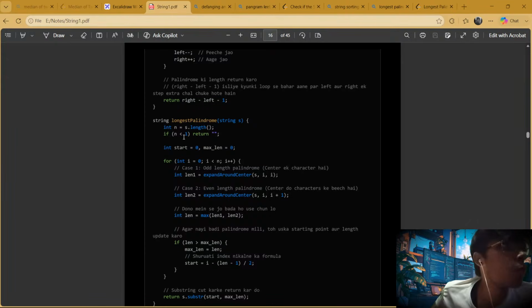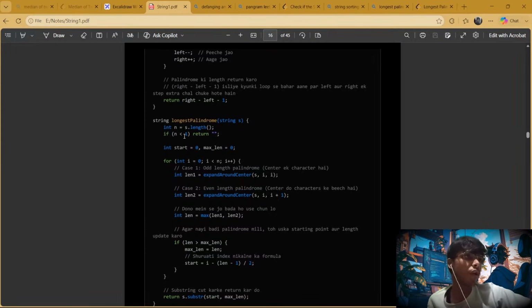हम्म, तो मैंने जब देखा कि लेंथ 1 से कम है तो मैं खाली स्ट्रिंग रिटर्न कर दूंगा, नहीं तो स्टार्ट इक्वल्स टू 0 और मैक्स लेंथ 0, आई इक्वल्स टू 0 पे गया। और मुझे नहीं पता कि इवन लेंथ की पैलिंड्रोमिक स्ट्रिंग बनेगी या ऑड लेंथ की, मैं दोनों पे चेक करता हूँ। ऑड चेक करने के लिए दोनों को एक ही पॉइंट पे रख देता हूँ, वहां से एक्सपेंड करता हूँ। और इवन लेंथ चेक करने के लिए आई और आई प्लस 1 पे रख देता हूँ, वहां से चेक करता हूँ। फिर उन दोनों में से जो भी मुझे मैक्सिमम देता है।